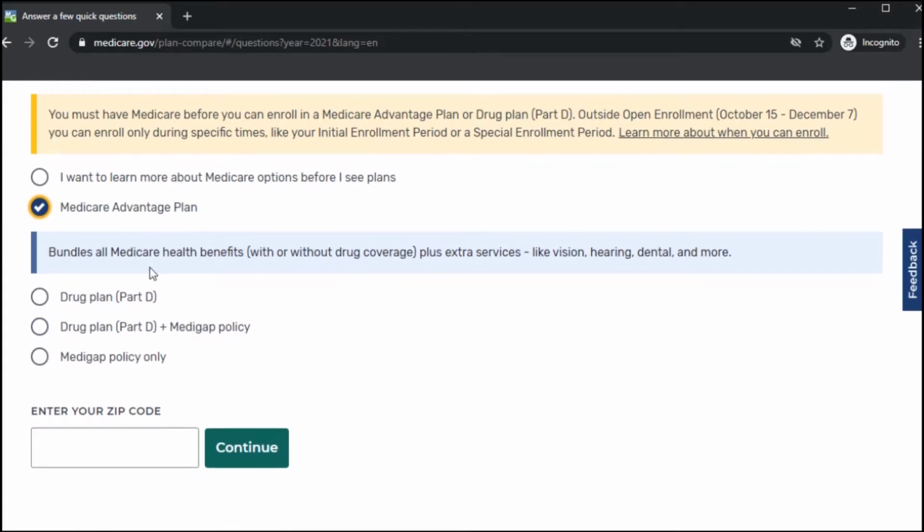Okay, so Medicare Advantage plan bundles all Medicare health benefits with or without drug coverage, plus extra services like vision, hearing, dental, and more. If you're going with a Medicare Advantage plan, please make sure that it includes some type of prescription drug coverage. It's not going to be very helpful to you or cost-friendly to have to purchase Medicare Part D on top of Medicare Advantage. That would be very, very silly. Okay, so now we're just going to enter a zip code,